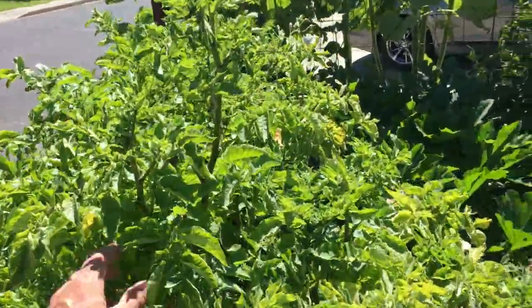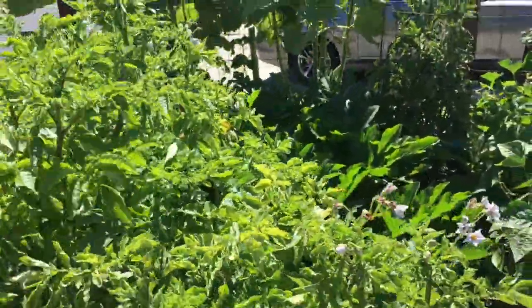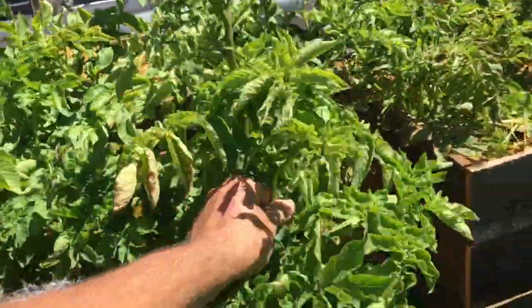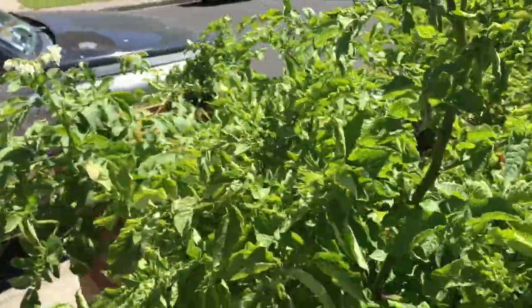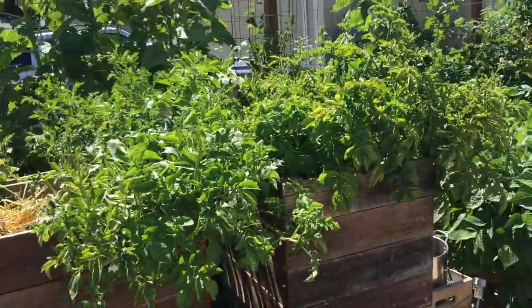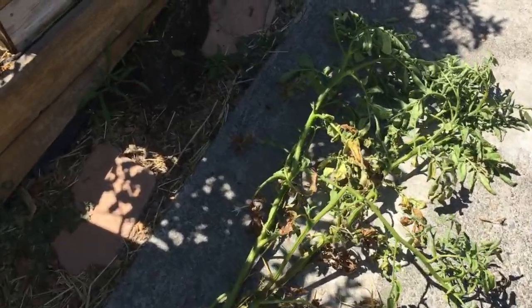So let's take a look at the, this is the all blue potato. Now this potato actually looks pretty good. It's doing quite well. None of the leaves are wilted. Everything seems to be doing great on this. So I think that's about it for my update. I'm just bummed out that this has been happening